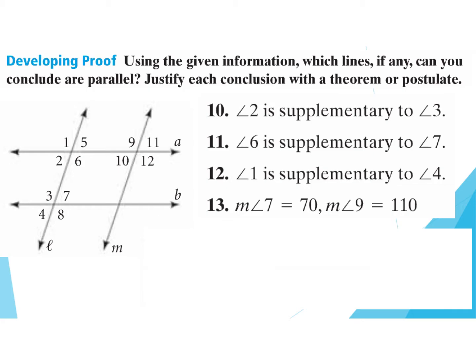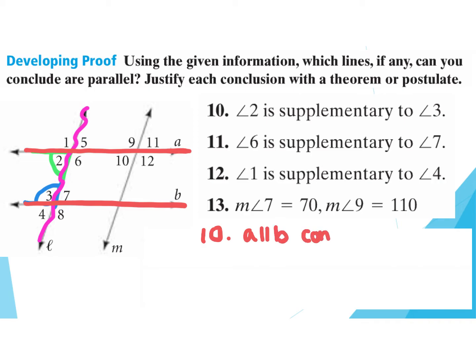For the next couple, we're using a slightly more complicated diagram to see what the relationships are. So if I have angle 2 with these sides and angle 3 with these sides, this means the transversal is this line right here. So the parallel lines would be these lines. So for number 10, I could say that A is parallel to B by the converse